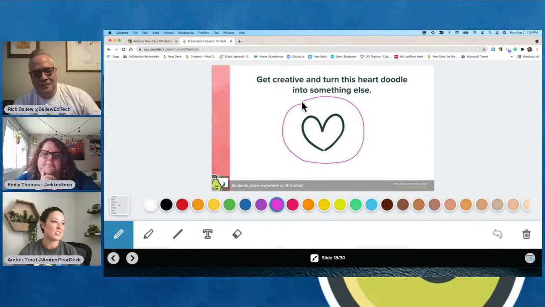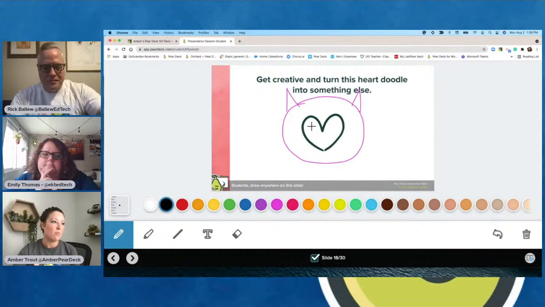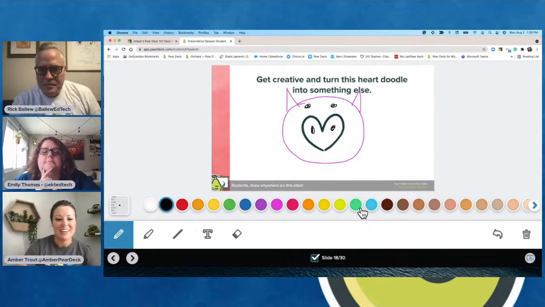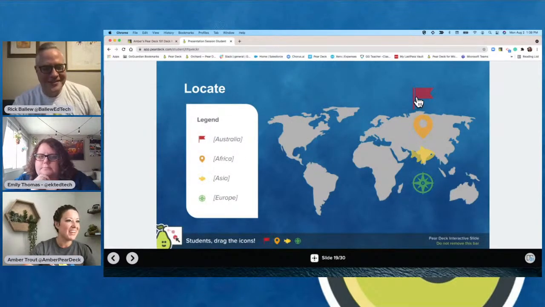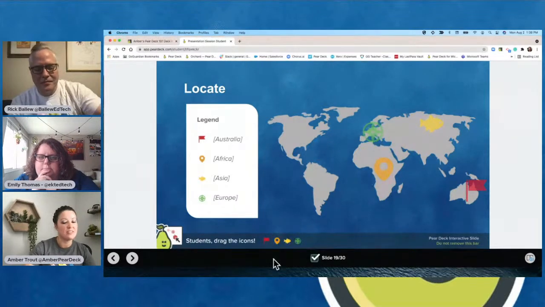And then we have these, which I love to use as brain break slides, to give the kids a moment to make this into something different, make this into something new. The kids have a good time making this heart into a pig or a butterfly or whatever it is. It takes their brain off of learning for a second or two, and it gives them a chance to regroup with the brain break. So these are pretty cool. And then our draggable slides, which are easy to utilize and easy for kids to identify things on maps and so on.